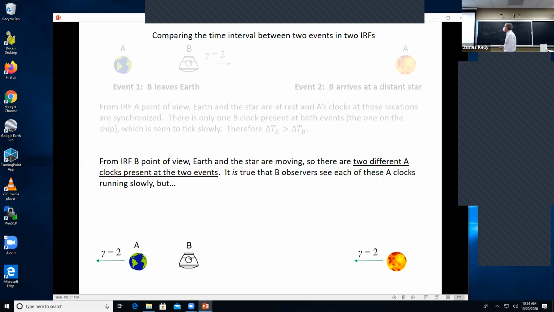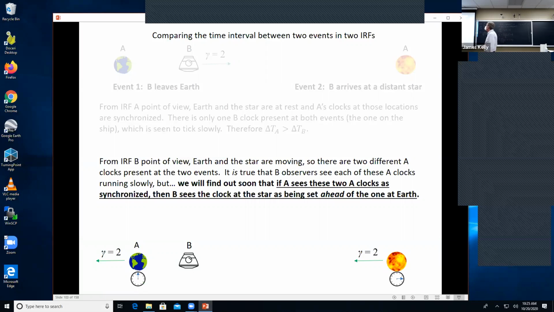Okay? The important difference is that there are, in this case, 2 different A clocks that are present at the 2 events in question. There was one clock on Earth that was present when B left Earth. And there's going to be another clock over here near Procyon that's going to be present when B reaches Procyon. Okay, why is that important? We're going to find out in chapter 7 that if A sees these 2 A clocks as synchronized,